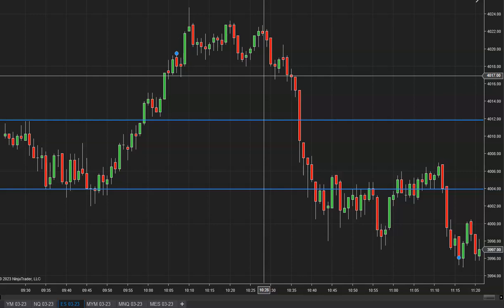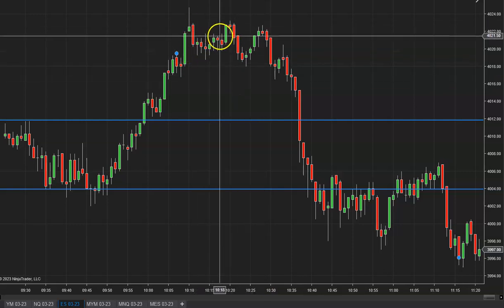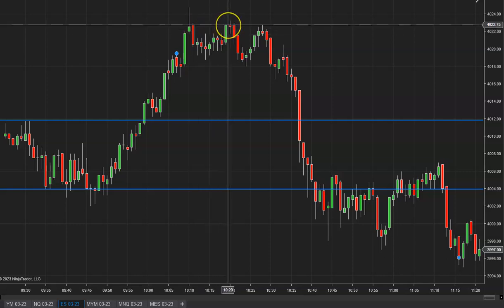And again, if you were thinking the opposite way, you're thinking, hey, it had nothing to do with the S&P long for the ride, but you know that the S&P long for the ride can have a high in that 10-10 or 10 o'clock to 10-10 area. Maybe you were interested in shorting. So I know one guy I follow in a particular room, he was short at 40.23.5, I think it was,